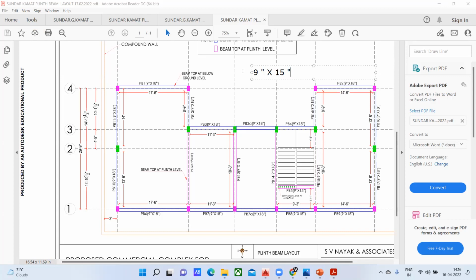That is 9 inches of width, 15 is the depth of your beam. And you can try to do the analysis with the help of ETABS software and all. And if you feel the load coming on is sufficient enough to take care of that, you can proceed with that. Maybe here they might have tried with 9" by 15",